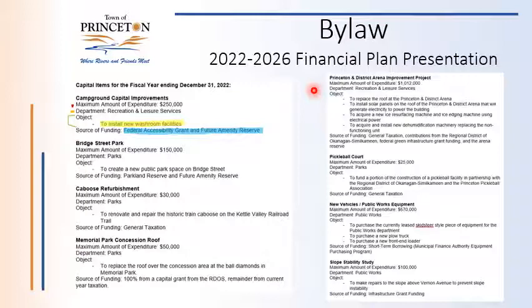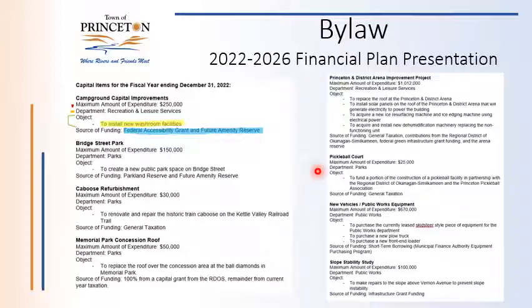And there is general taxation in there, but the actual amount of general taxation that we required for this project is probably in the low five figures. We're probably talking $10,000 to $20,000 as sort of any stopgap that's left over at the end of the day. The federal grant has not been approved or denied yet. It's still pending. So this project cannot proceed until the sources of funding are secured.